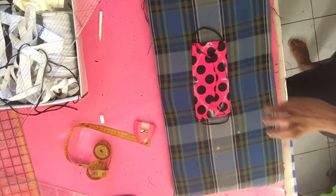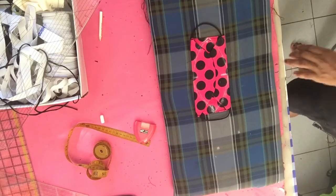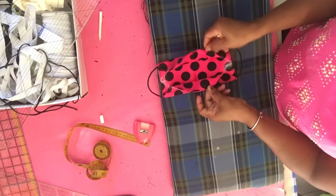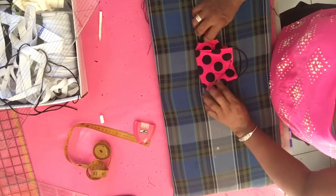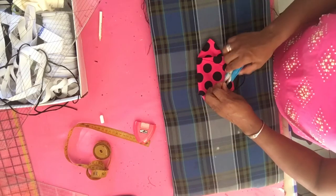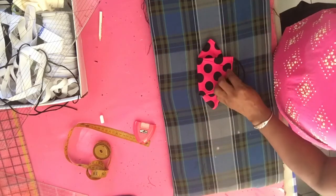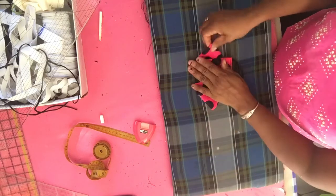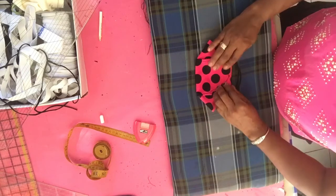This is one. This is for my husband, and this is for me. So I'm gonna press mine. I'm gonna open my flap. This is my flap here opening, and I'm going to put it like this to create that nice looking boob mouth. So you're gonna pull that out, pull it out,